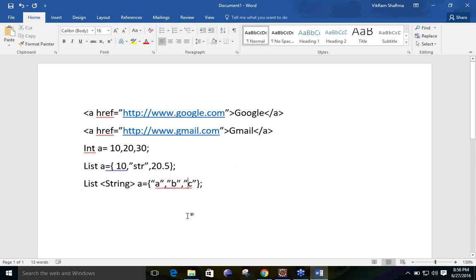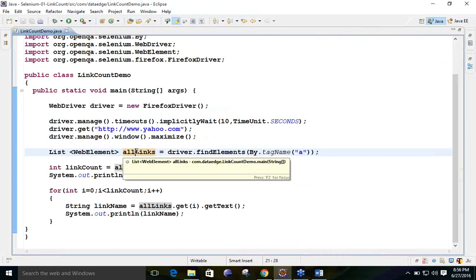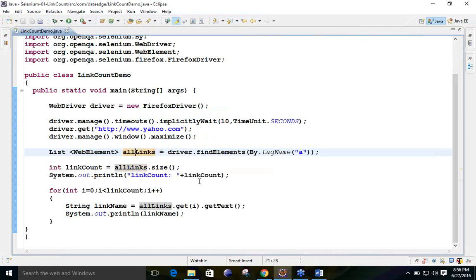So the same concept we have used over here, that is the list, and the name is allLink. You can give any variable name over here: links, linksCount, allLink, everyLink, whatever you wish. And here just look at this point, WebElement. What is the meaning of this WebElement?